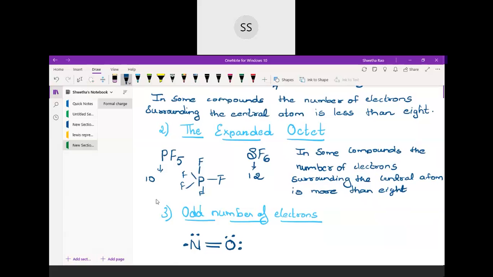And if you try to calculate with that Lewis representation, what we did, we will not be able to write the structure for this particular molecule. That is, for nitric oxide, you will not be able to write the Lewis structure, like the shared and unshared electrons, you won't be able to distribute them correctly. So what we do is just a trial and error method. By seeing the number of electrons, we just write this particular structure. So these have an odd number of electrons.